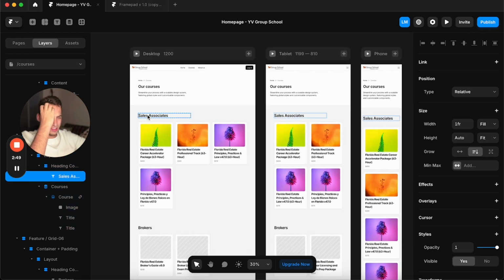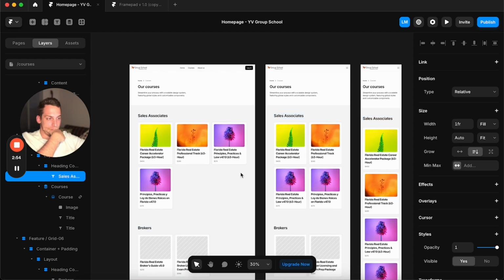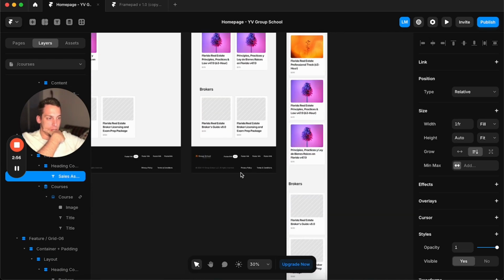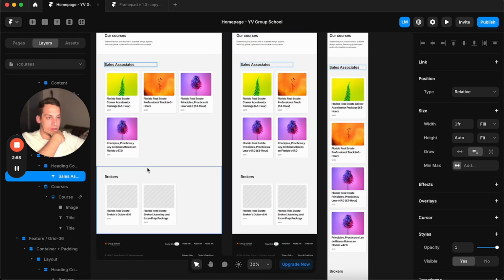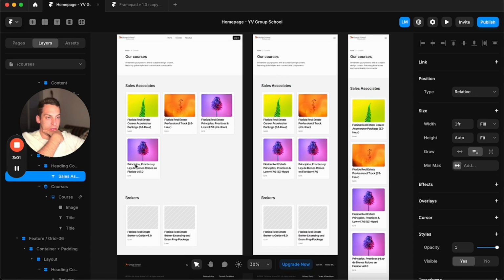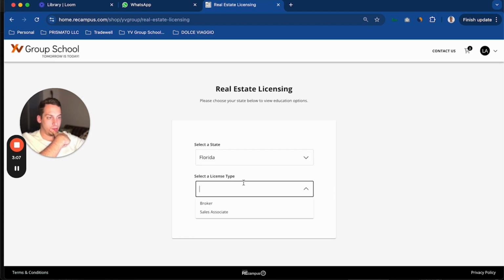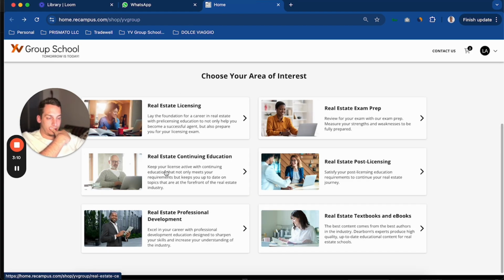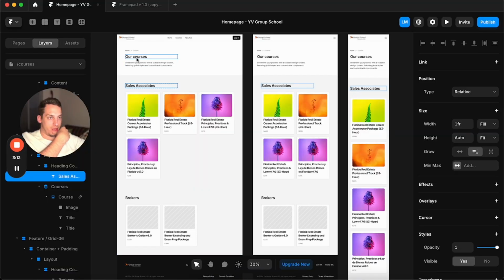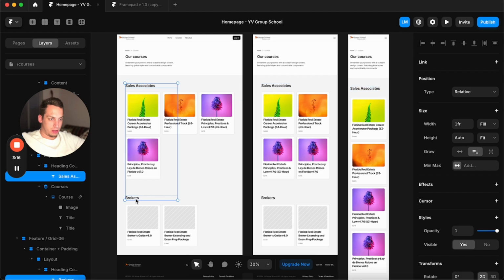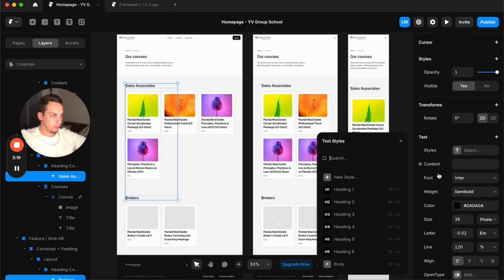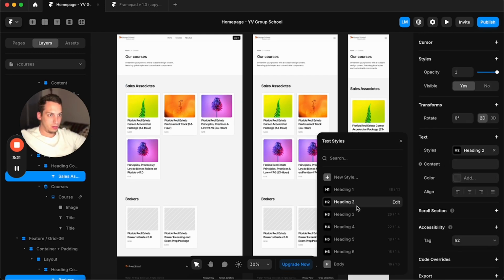I want to categorize this a little bit better because it's a little bit too much, I would say. Too much in the sense that I want to have like, how can I explain it? So this would be the main category, and then underneath they have these two. So I want to add like a main title somewhere. So what I'm going to do is I'm probably going to make these an H3